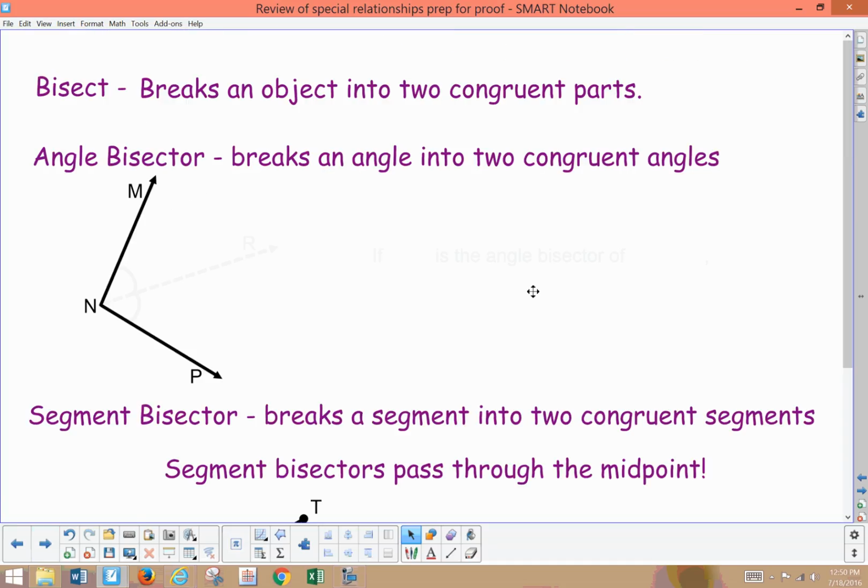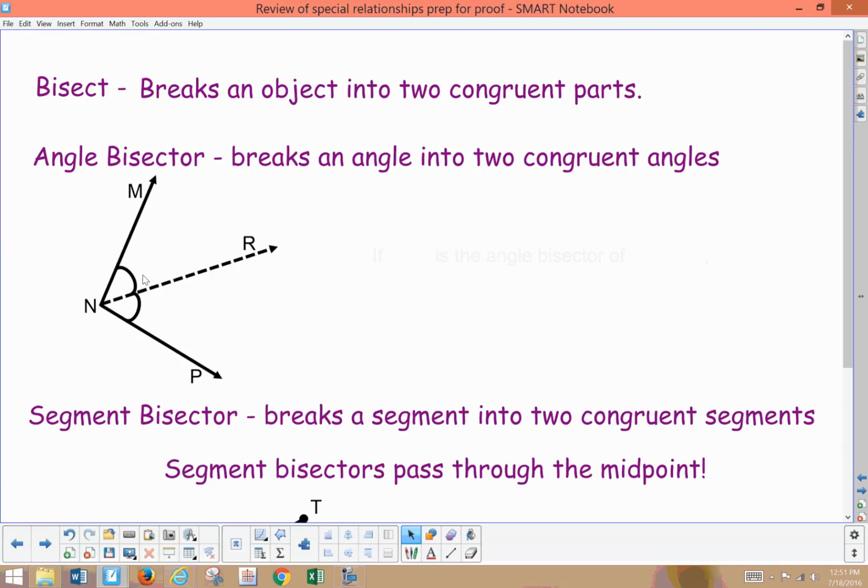Another term that you should have learned in middle school is the term bisect. Bisect breaks an object into two congruent parts. When you have an angle bisector, it's going to break the angle into two congruent angles. So here I have an angle MNP. If I have a ray or a line that goes through the angle to create two congruent pieces,